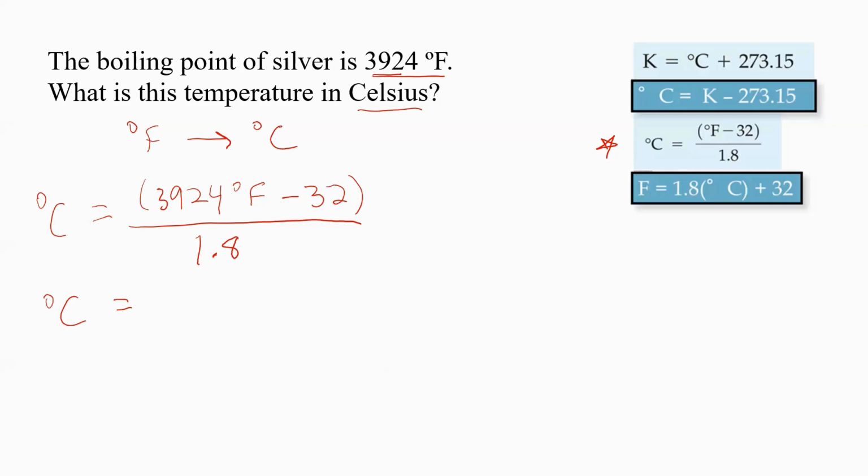So we take the 3,924, subtract that by 32, and that gives us 3,892. And then we divide this by 1.8. So we then take the 3,892, divide that by 1.8 in the calculator, and we should get